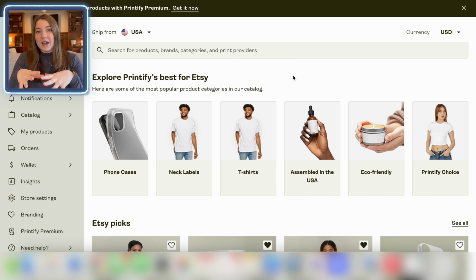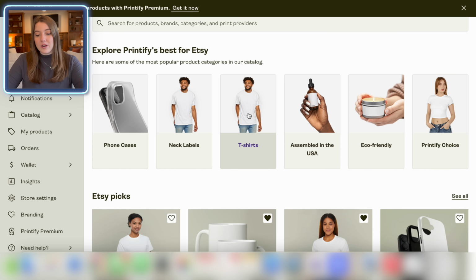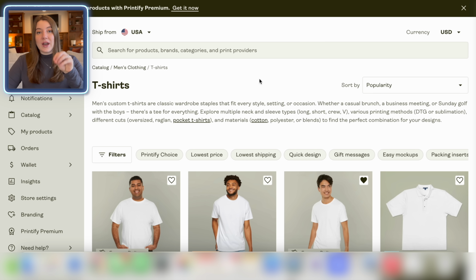So the manufacturing partner that I use, they're totally free to get started with. It's called Printify, and they have over 800 different white label products. So everything from t-shirts, they have sweatshirts, tote bags, hats, mugs, tumblers, pretty much anything that you would sell on a place like Etsy, you're going to find on Printify. Now, today we're going to be selling one of their t-shirts, and I'm going to show you which one I like the best and how easy it is to actually upload your designs to a t-shirt that's going to go